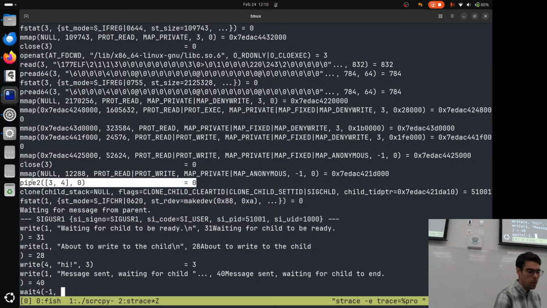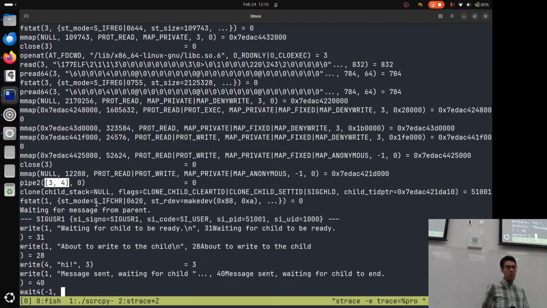What's really cool is I can see the numbers that are the file descriptors that I got back. When I called pipe, pipe2 is actually being invoked underneath, in the same way that when I call fork, clone is being invoked underneath. These are the numbers that I got back for my file descriptors.